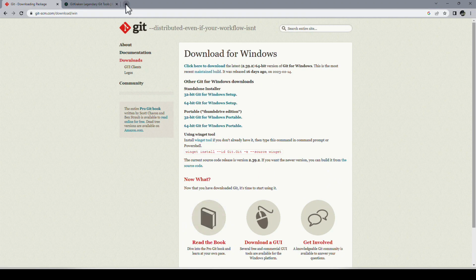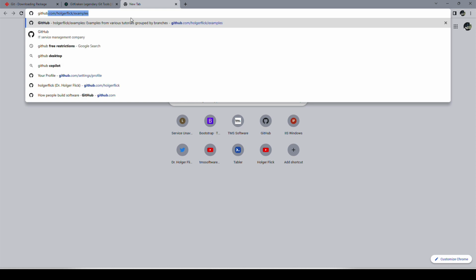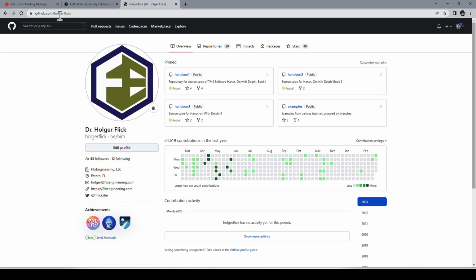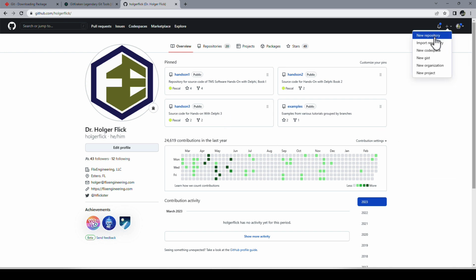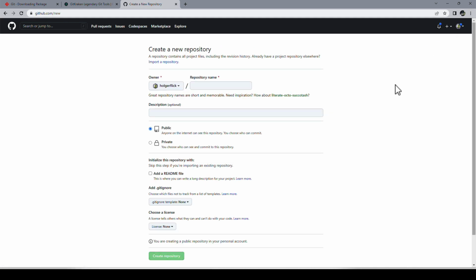So we go to the browser, we go to github.com, and I immediately go to my own repository here, GitHub/HolgerFlick. This is what it would look like. Obviously, you won't have any repositories normally. And then we go here, click on the plus sign, new repository, and you're the owner. Repository name is FLXOTP.